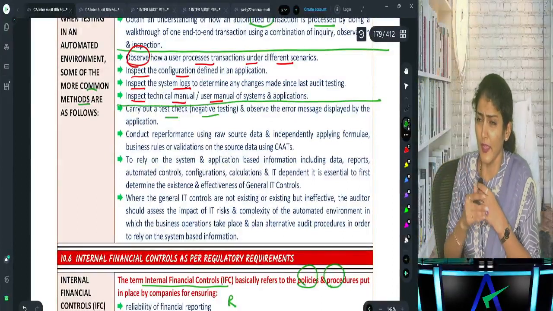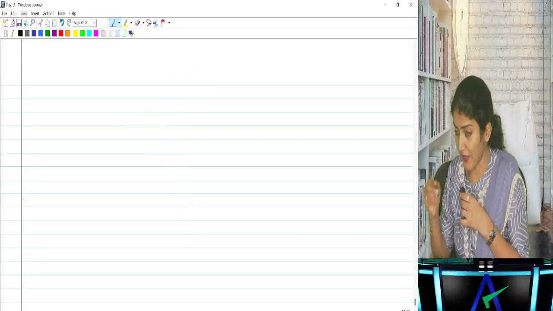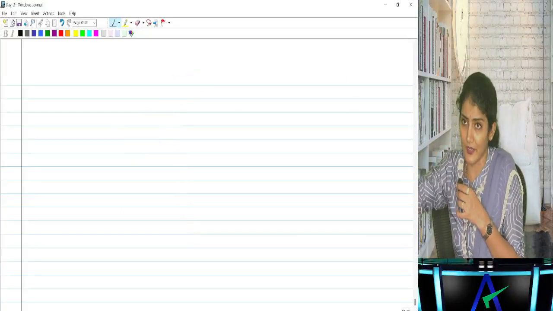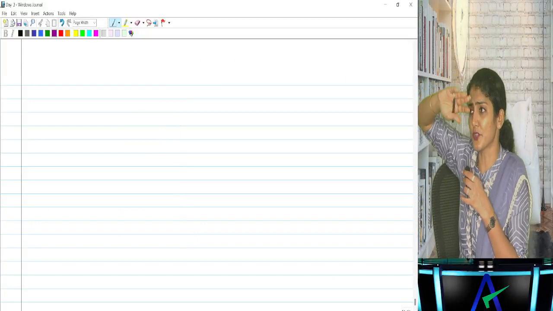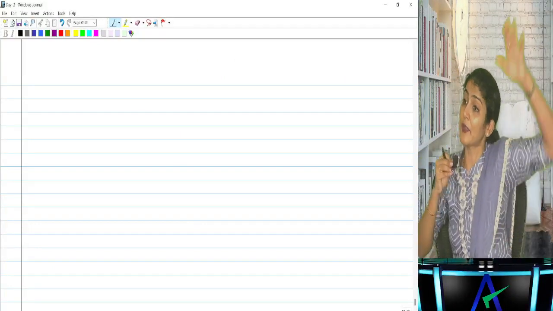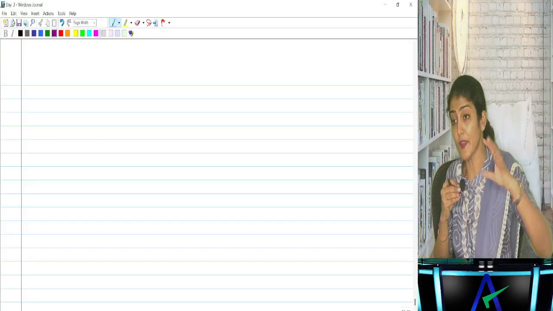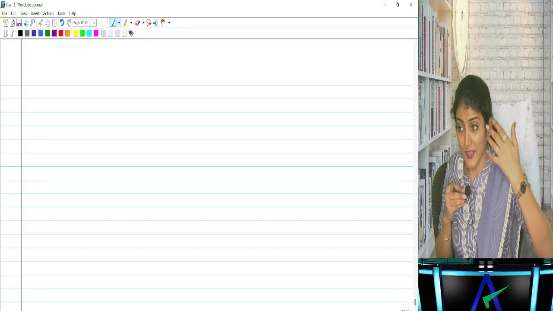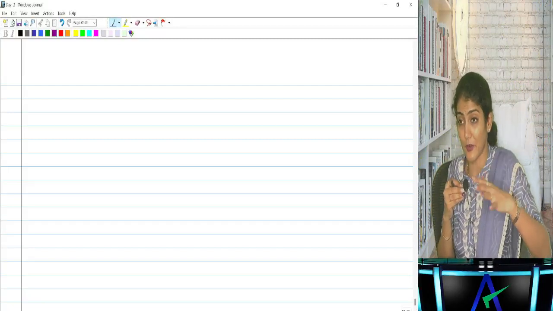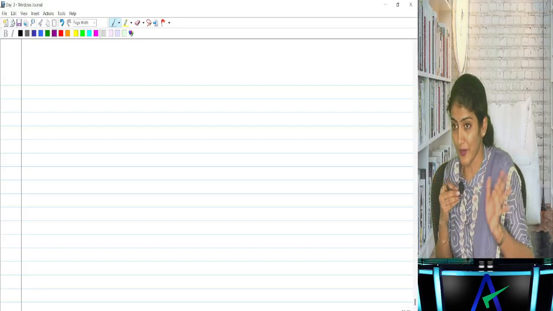What do they say? Okay, say you select a particular item on Myntra and you add it to your cart, and at that time the item was in stock, but you didn't place the order. After 4 days you remember, okay, I had put it in my cart, now I want to place the order for the same. Now say it is out of stock. Does it happen in Myntra that the item is out of stock, but they show it as in stock and accept your order? No, it will never happen.